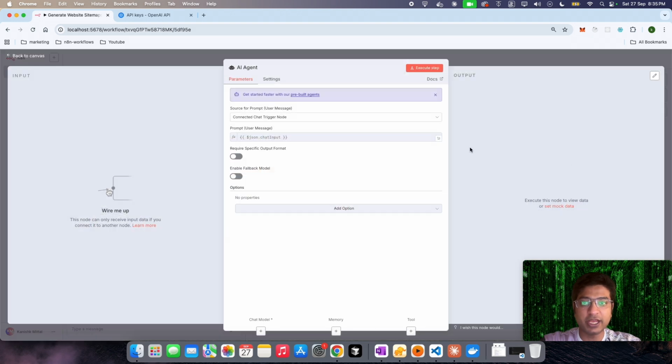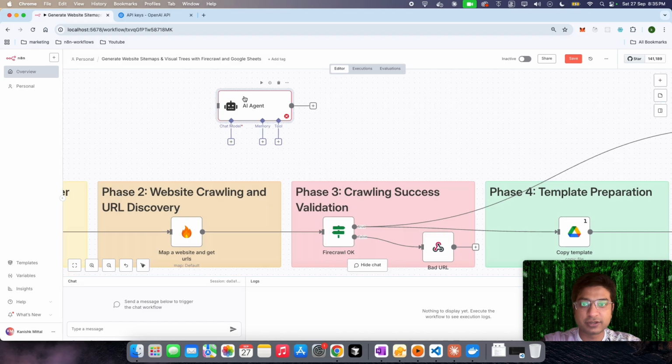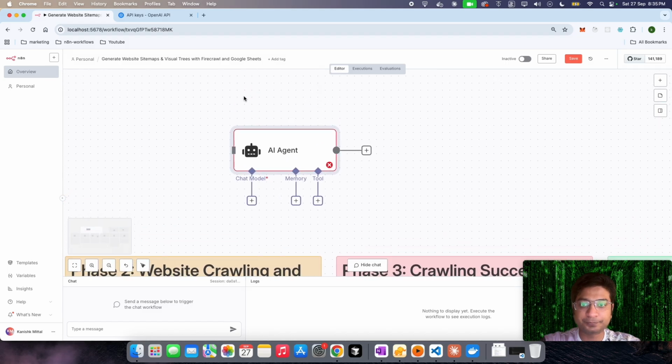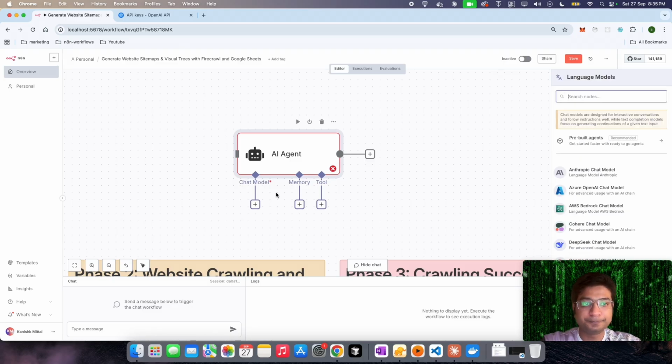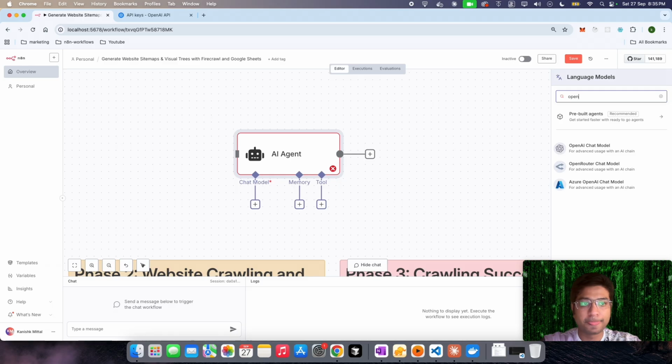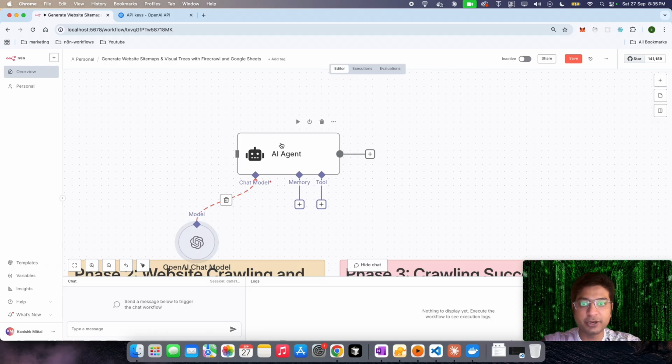So this is the AI agent node that I'm talking about. This is the infamous AI agent node. Now you can see that it has three extensions: chat model, memory, and tool. So first we'll start with chat model, the most famous one, OpenAI, because I have already purchased the credits